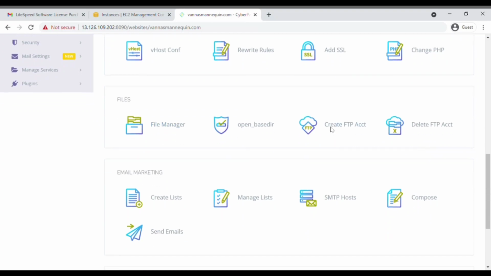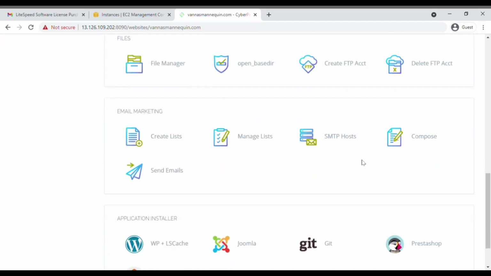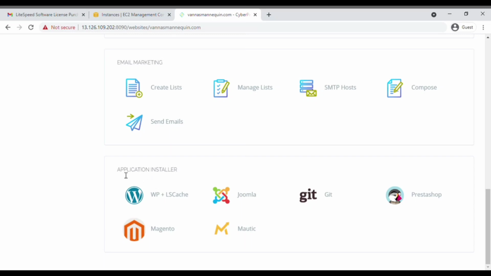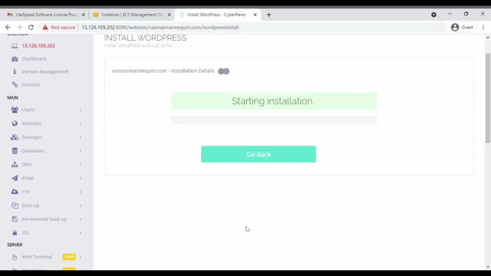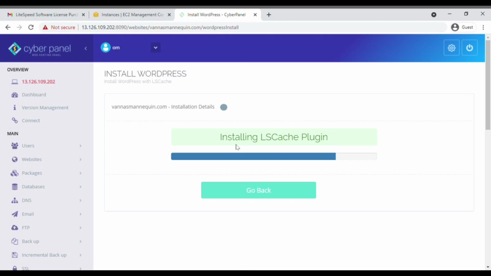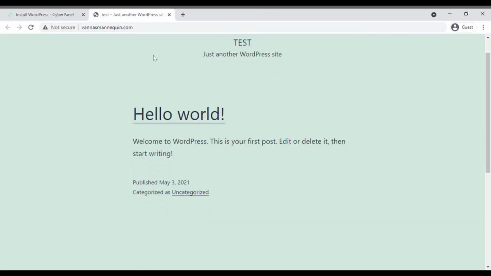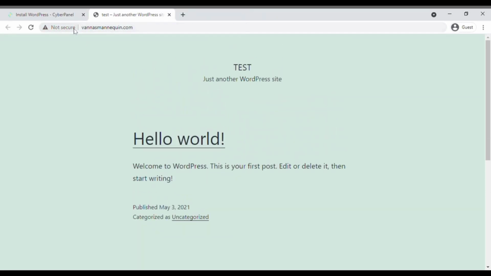But this is not important now. What is important is the application installer. Click on WordPress. Enter any blog title, enter your username, enter the password and enter any email address. Now simply click on Install. As you can see, we have successfully installed WordPress. If you visit the domain, you can see that we have installed WordPress.